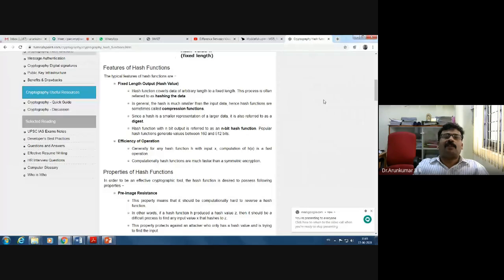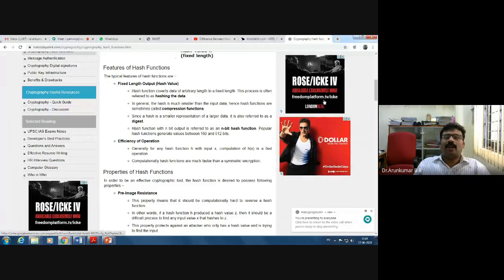Cryptographic hash function. So friends, please recall, before understanding the hash function, better to understand features of the hash functions. Typical features of the hash functions are: a hash function will have fixed length output. Hash function converts data of arbitrary length to a fixed length. This process is often referred to as hashing the data.